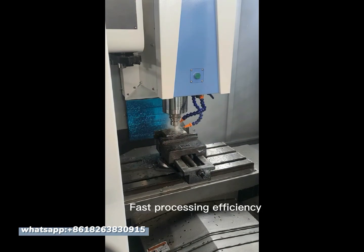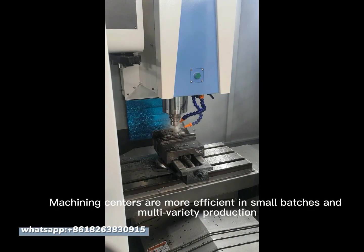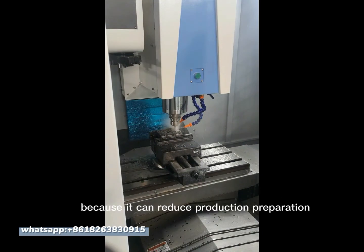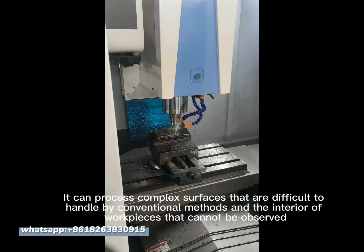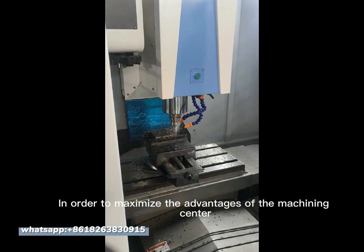3. Fast processing efficiency. Machining centers are more efficient in small batches and multi-variety production, because they can reduce production preparation, equipment adjustment, and process inspection time. 4. Strong